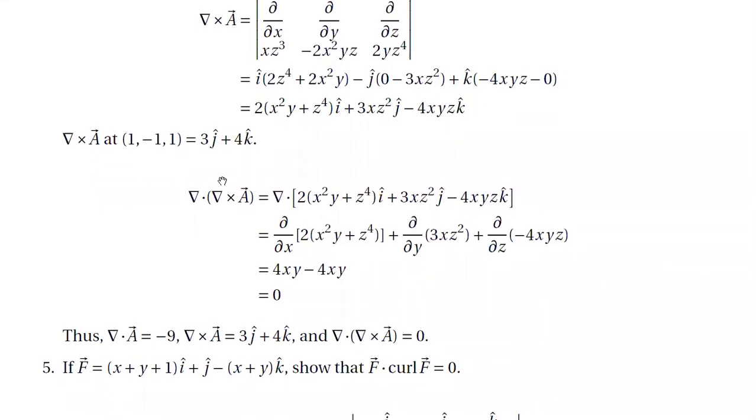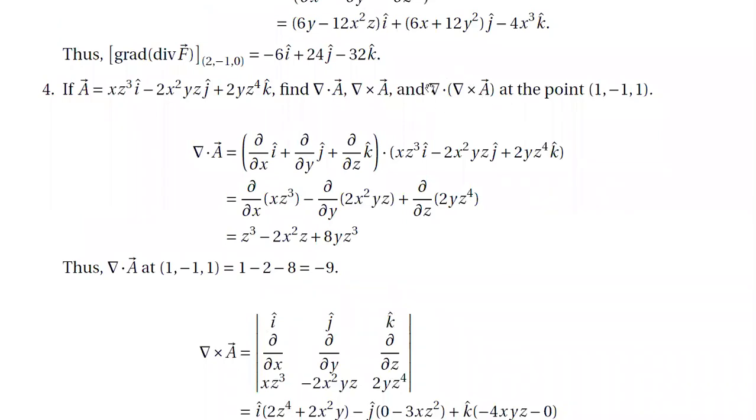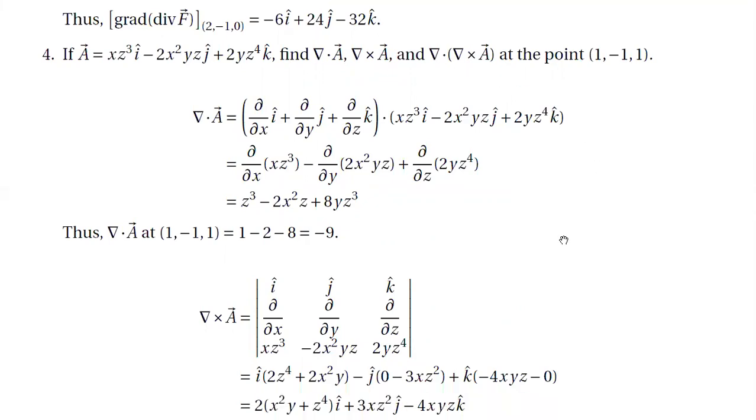Now earlier I told you that this is gradient. I am extremely sorry. This must be divergence of curl vector A. Please correct this. Here I told you that this is gradient. It's not gradient here. It is divergence of curl of vector A. This is curl here, the thing which is inside the parenthesis. If you calculate del dot del cross vector A, then that means you are finding divergence of curl of vector A.